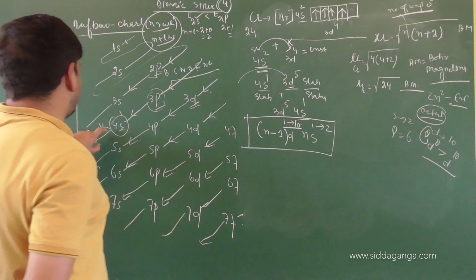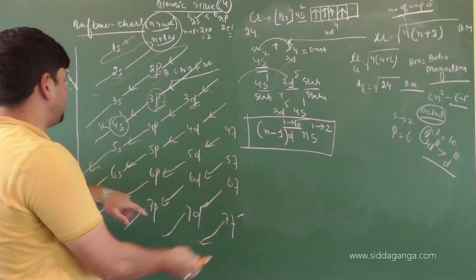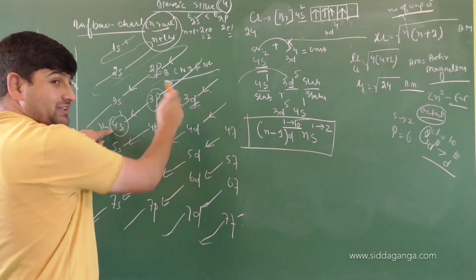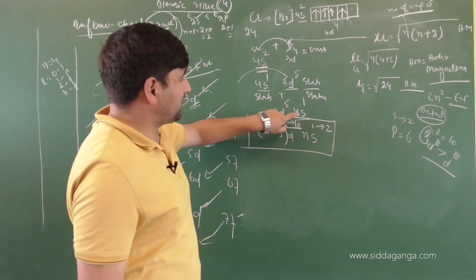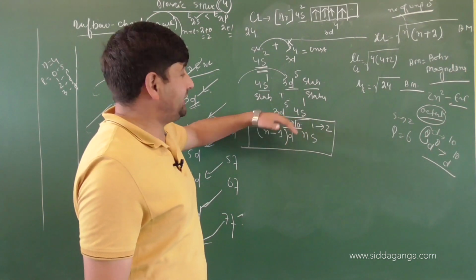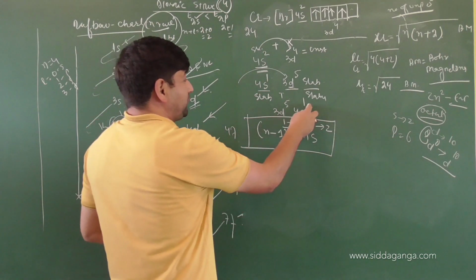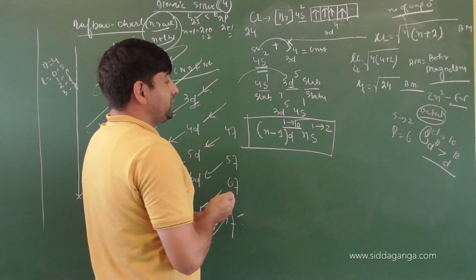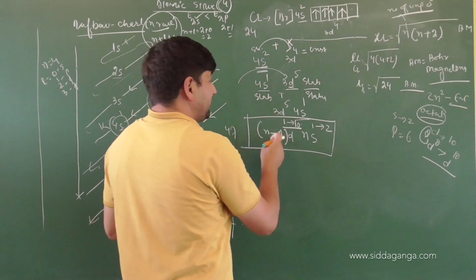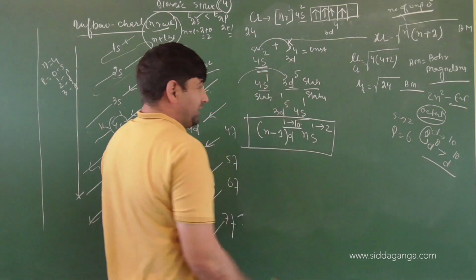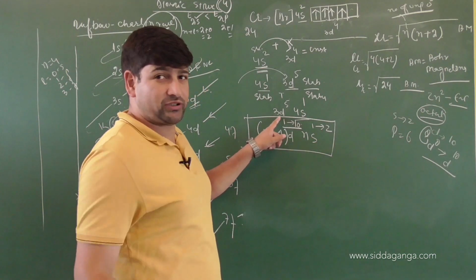Now have a look on electronic configuration. It should be 4s then 3d. Most of the cases are 4s and 3d. Yes or no? But you can have a look on d, d being more stable compared to s. d is on the inside, s is on the average distance I am talking about. So 3d5, 4s1 is the electronic configuration of which one? Chromium. This is according to what? Extra stability, because d5 and d4, have a look about the exchanges, children. It is symmetrically filled now or not? Yes, so it is stable.